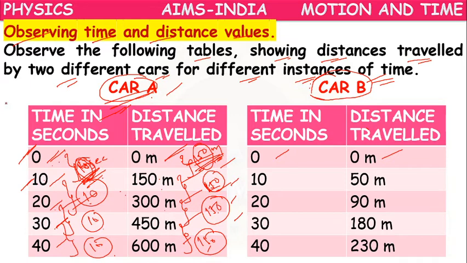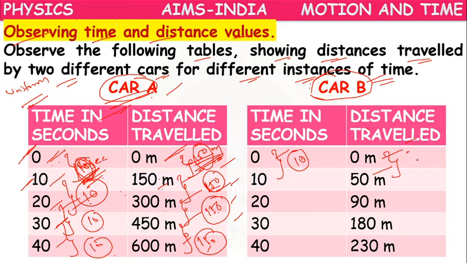So car A is in uniform motion. How can we tell it is in uniform motion? Because for equal intervals of time, as it is covering equal distances, we can tell that it is exhibiting uniform motion. Whereas if you take the example of car B